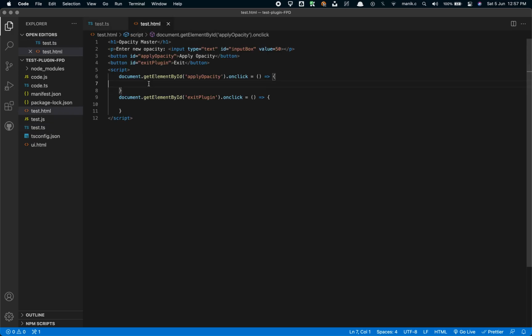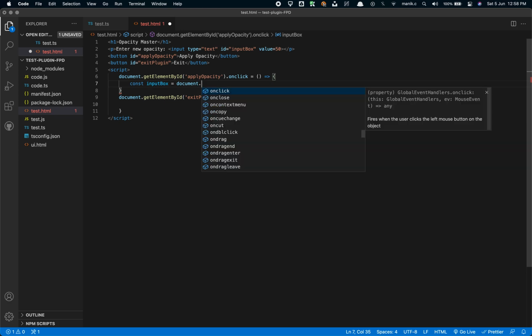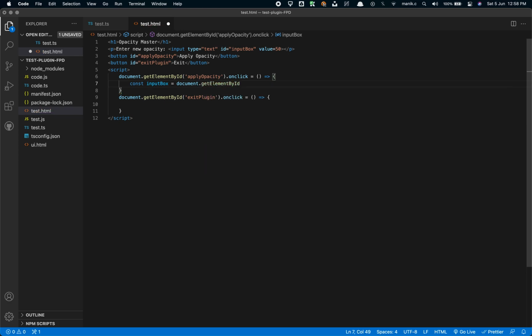So let's do one thing. Let's take that input which the user is entering and pass it to our JavaScript, or let's say TypeScript file which we have over here. So what we can do is create a variable, let's say const inputBox, and we can give it a reference to our input field which we have over here. So we can call it document dot getElementById again, because we have an ID over here, and the ID for this one is input box. Now that we have this reference to this input field, we can get the value for that. So let's say opacityValue, and this value can be again received from the reference of this input